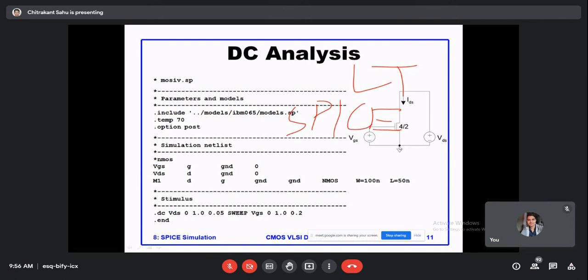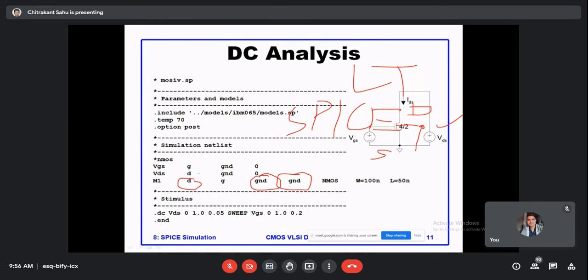तो जो आपको कोड लिखना है उसमें कीवर्ड्स आप ध्यान में रखो, जो सीक्वेंस है वो कांस्टेंट रहेगा। फर्स्ट टर्मिनल इज ड्रेन, सेकंड टर्मिनल इज गेट, थर्ड टर्मिनल इज सोर्स, फोर्थ टर्मिनल इज बॉडी। अब फोर्थ टर्मिनल को भी आपको कहीं ना कहीं कनेक्ट करना पड़ेगा, आप उसको फ्लोटिंग नहीं रख सकते, क्लियर। तो यहाँ पर फोर्थ टर्मिनल दिख नहीं रहा है, लेकिन एक फोर्थ टर्मिनल है, जो ग्राउंड से कनेक्टेड है, ये वाला पॉइंट।